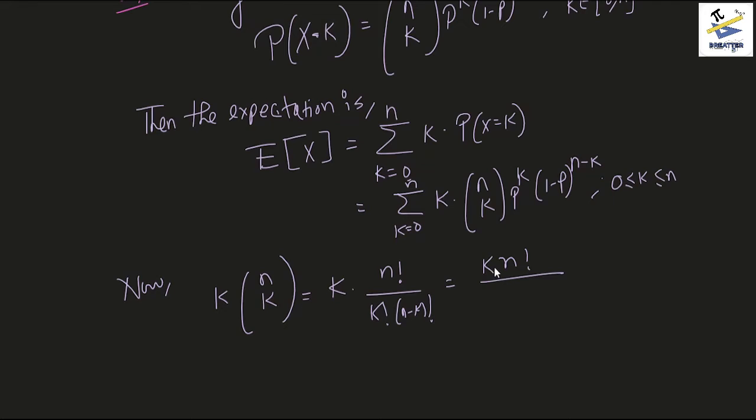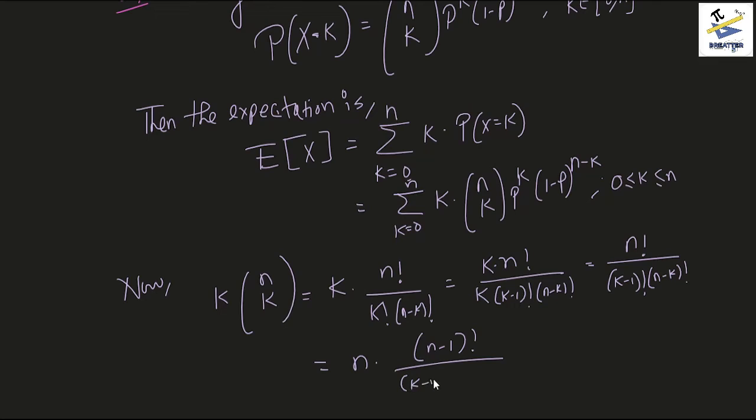So there is a k here in the numerator, and k factorial can be written as k into (k minus 1) factorial, and this is (n minus k) factorial. So this k is cut off and we get n factorial by (k minus 1) factorial into (n minus k) factorial, right? Now this can also be written as n into (n minus 1) factorial into (k minus 1) factorial into (n minus k) factorial. And if you notice carefully, this part is basically n into (n minus 1)C(k minus 1),